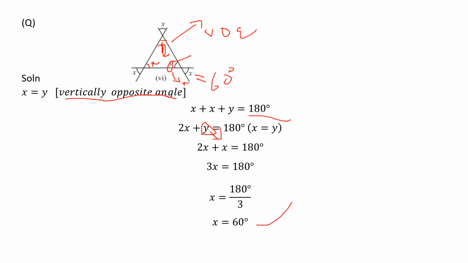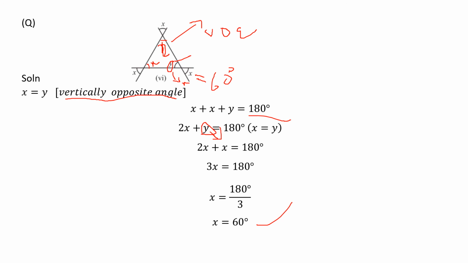Now all the three angles are x, right? So 60, 60, 60. If you want to check it, check it. When you add the three angles, you are getting 180 degrees. Okay, understood, children? When you see a problem like this, don't get confused. Here only one angle is given. Then how will we find out? Just think, because every chapter is connected. The previous chapter was lines and angles, where you studied corresponding angles, alternate angles, vertical angles. So now that concept also we are applying in this problem. So just think and do it.